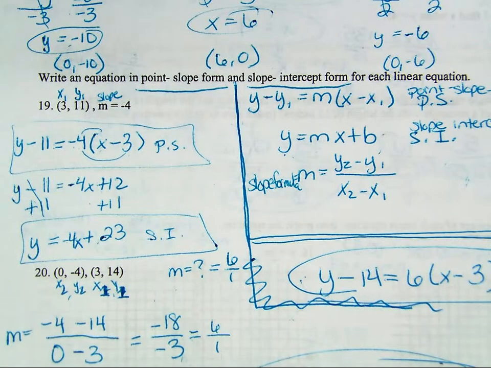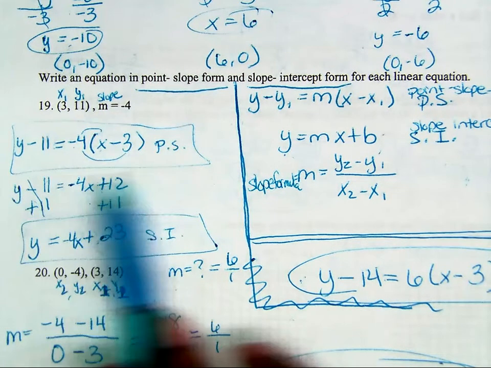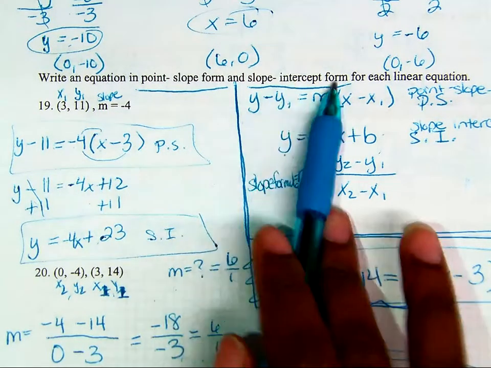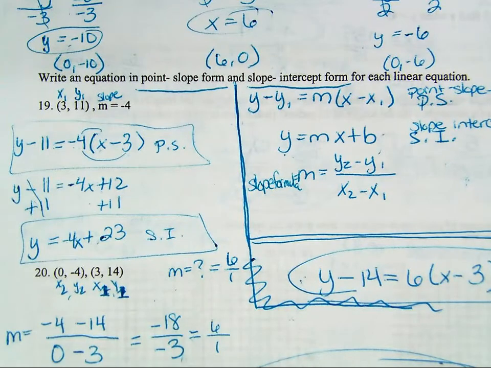So I did one piece of mine. Remember, I need two answers. So I did one piece. Now I got to do some work to get to the other one. All right? So